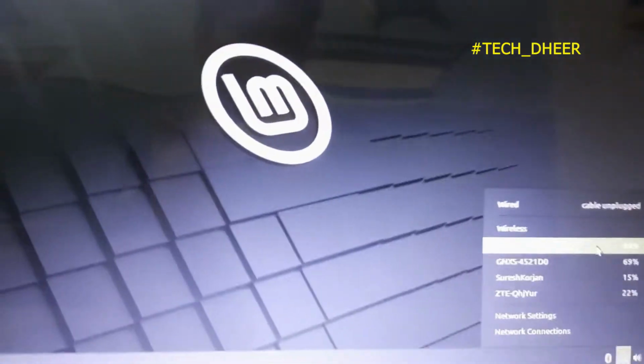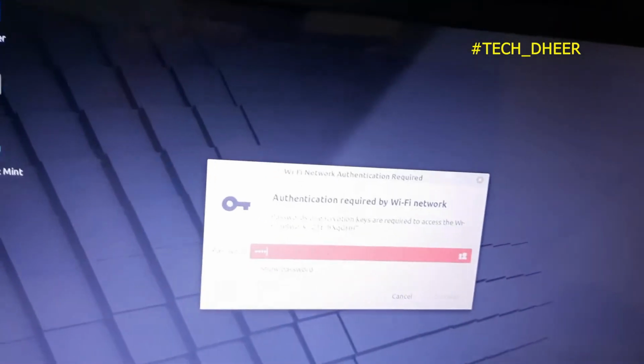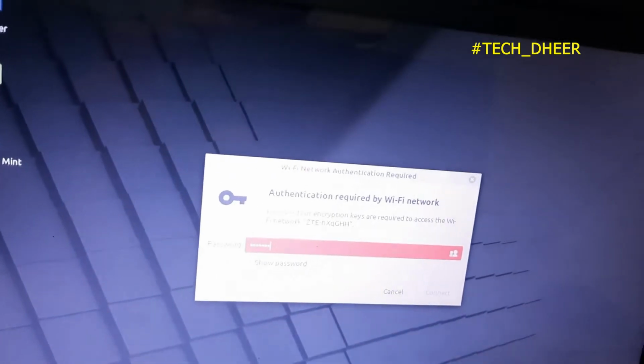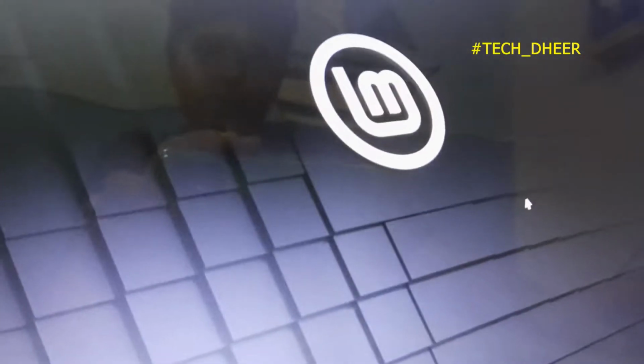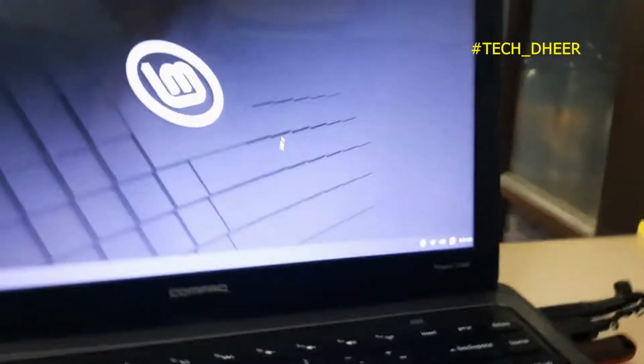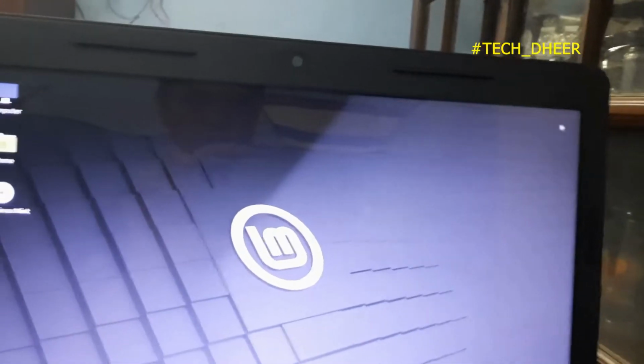I'll just click on my Wi-Fi router and enter the password. It's a long password. Okay, so I have entered the password and I'll just connect it because it needs internet. It is showing connection is established.